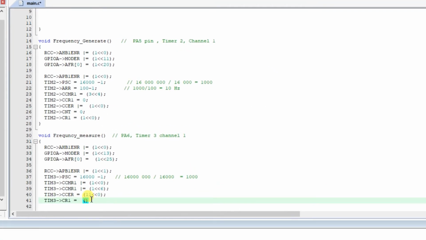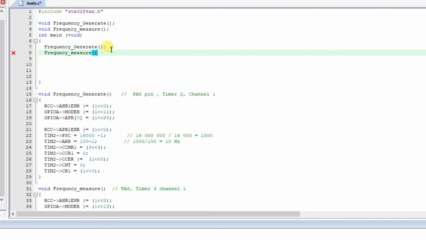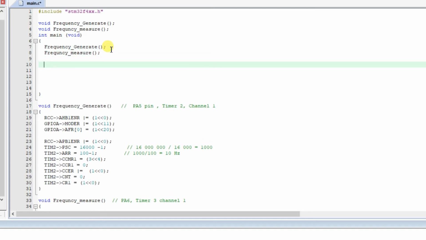So it is 1 left shifted by 0, right? This function is ready. Now we will call this function in the main loop, and I will use an infinite while loop.